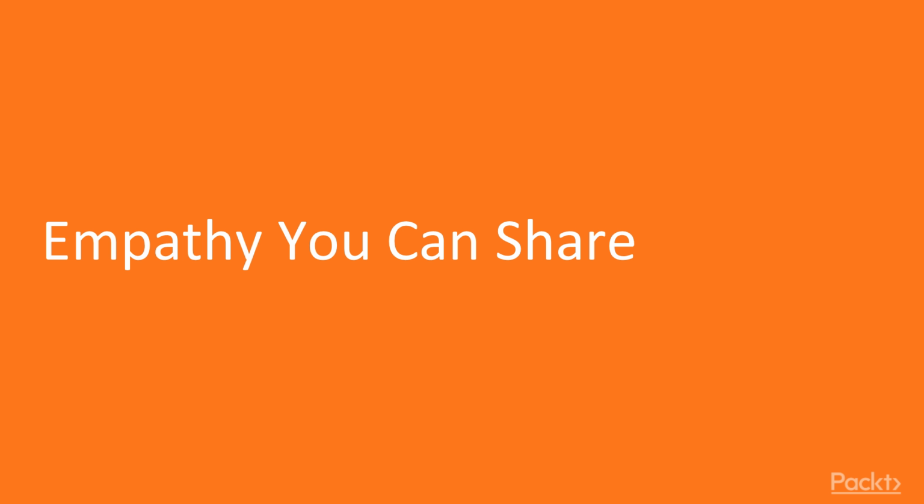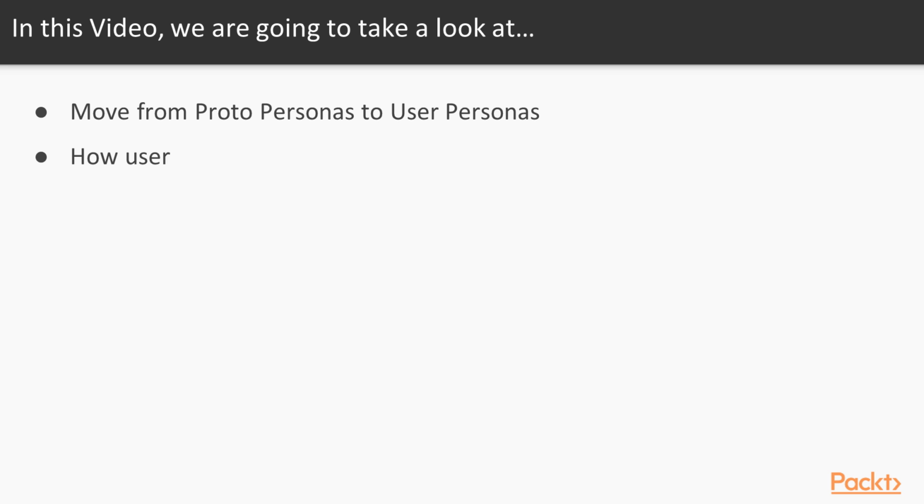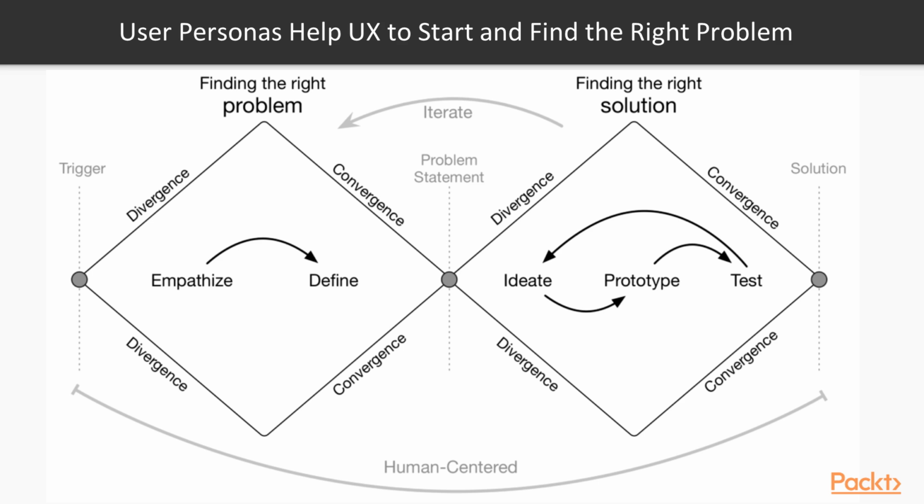So let's get started. How to move from our proto-personas into user personas. How and why user experience cares about its users. Now, when we talk about the user experience process, we start at this beginning stage of discovering. And discovering is built into understanding who we're designing for, what their problems are, what they're going to be doing. And it's really about finding what the right problem is. And part of that goes into defining who our user is. That starts with using our empathy skills, by talking with our users, by interviewing them, and then we can move in to be really concrete.